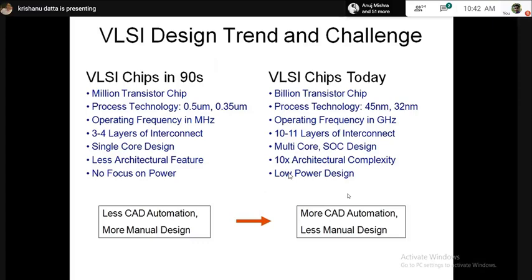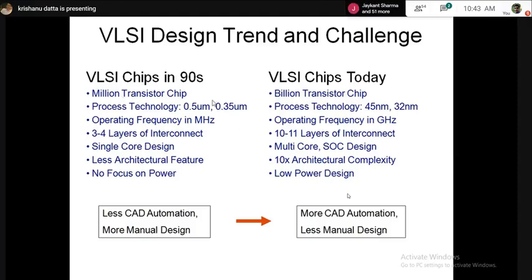Now this is a very interesting slide which also summarizes the importance of automation. Let me share this picture with you. What are the trends and challenges in VLSI design? In the left column, what I'm showing is the 1990s, the time when we used to design and manufacture a certain type of microchip, versus what we do today in the right hand side. I shall show you row by row. You'll be able to appreciate whatever I have discussed already in the introduction. Most of it I already covered.